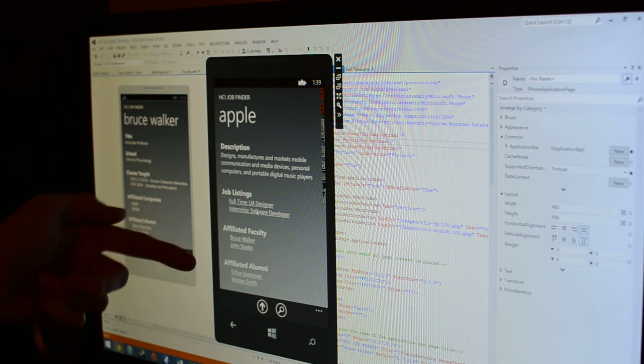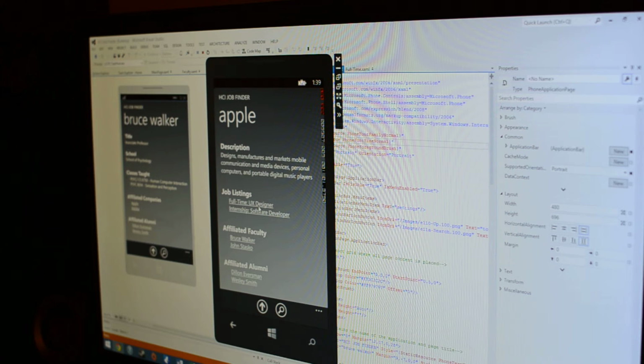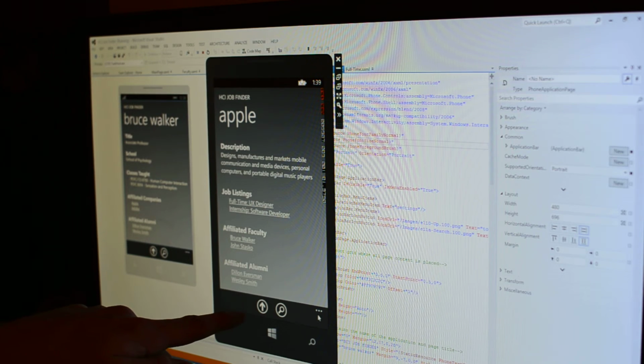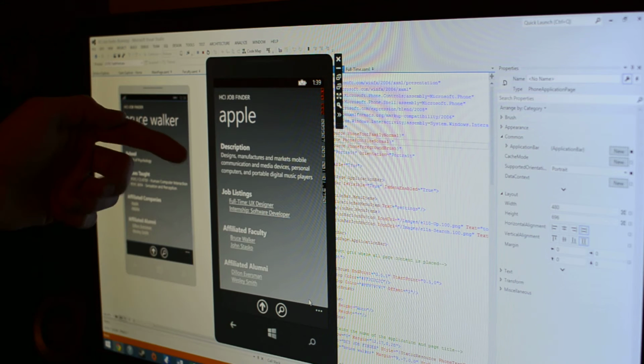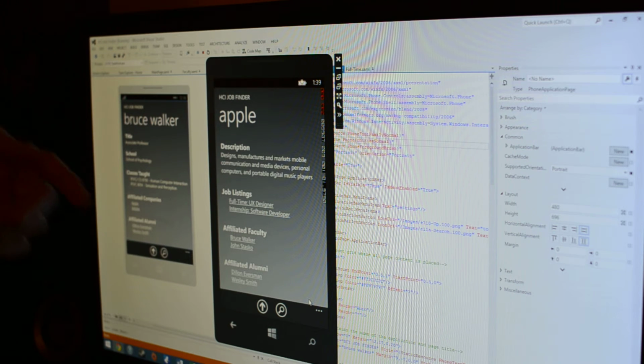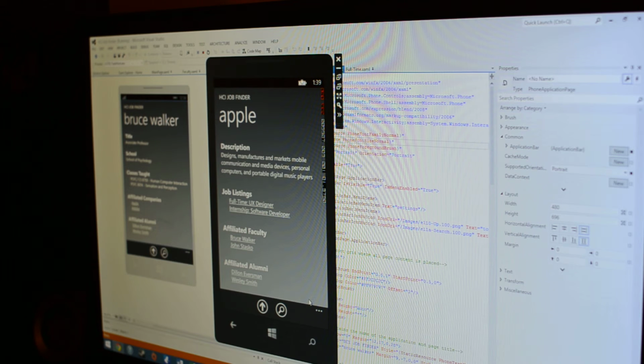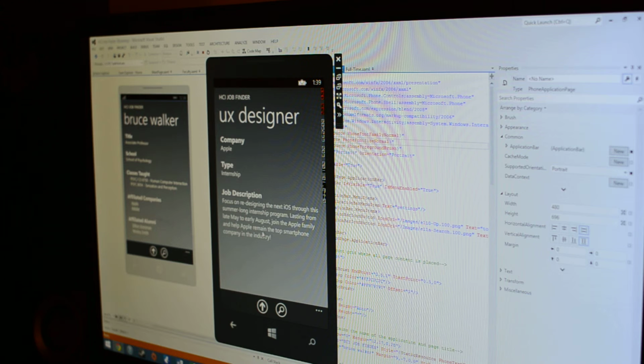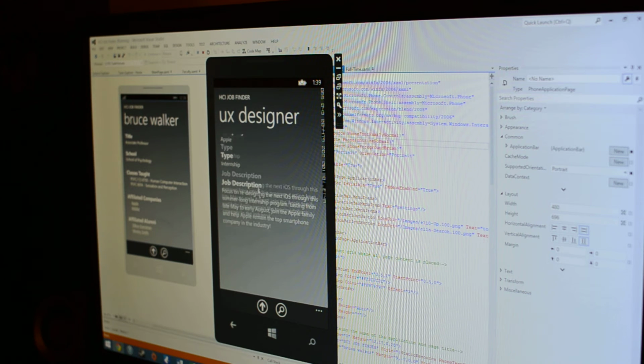And all of these positions are underlined because they're interactive, and you can actually go to these different pages. And also, we still have this arrow that navigates to that website, but in this case, it would navigate to Apple's website and not to the specific job position yet, but just to give a description of Apple as a company. And so here's a job listing, full-time UX designer, which we saw on the previous page. So if we click on it, it takes us to that same page, which describes the actual position and